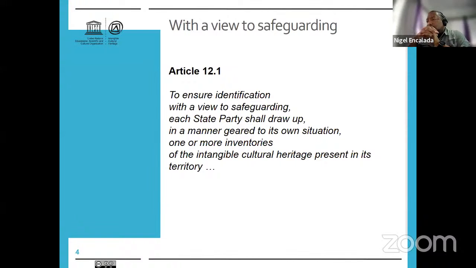Now, why it says one or more inventories is because some countries are so big, and it might not even be a matter of the size of the territory, but some countries have millions and millions of persons, and therefore communities and individual practitioners of elements that represent that population, and therefore they might have different